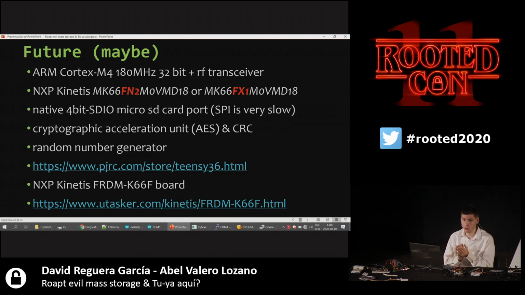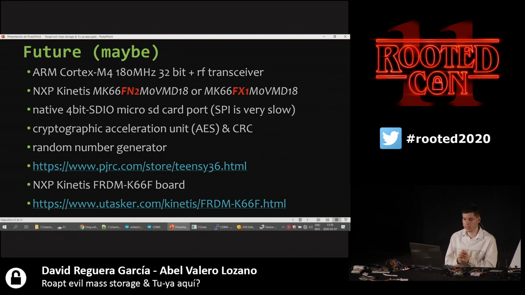So it has a native interface. This has already been done, but I've made some tests, and I get 15 megabytes of reading and writing, and I can optimize it. And they have cryptographic acceleration. The only thing that I've included here as an encoding is an XOR with a byte, because otherwise it would be too slow. So it's useful for proof of concept and to do some things that are not important, but I want to include some